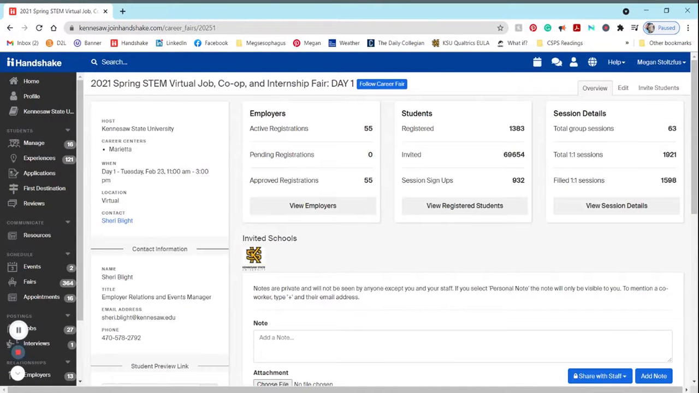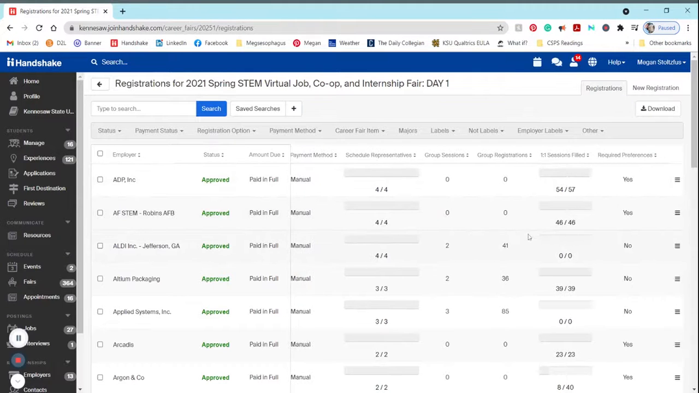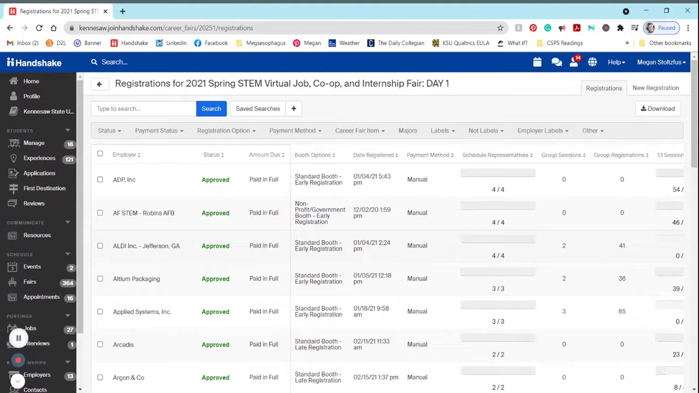You can see here from this dashboard how many employers we had registered, and we can go here and view all of the individual employers and manage their information as well. How many people were attending, how many group sessions they were holding, how many were registering for those different sessions, as well as one-on-one sessions, which is really great so that we can keep track of all of this